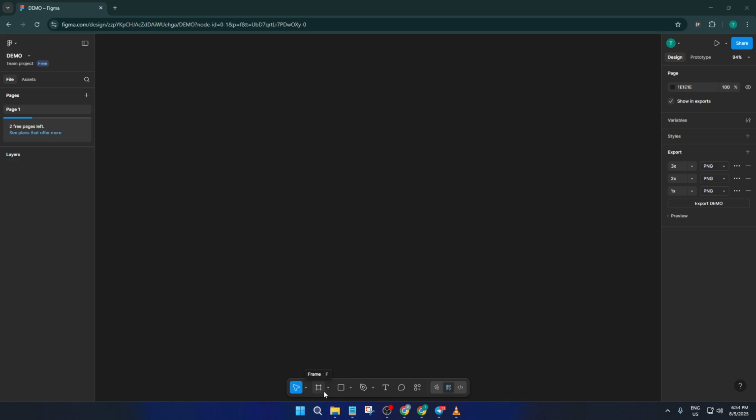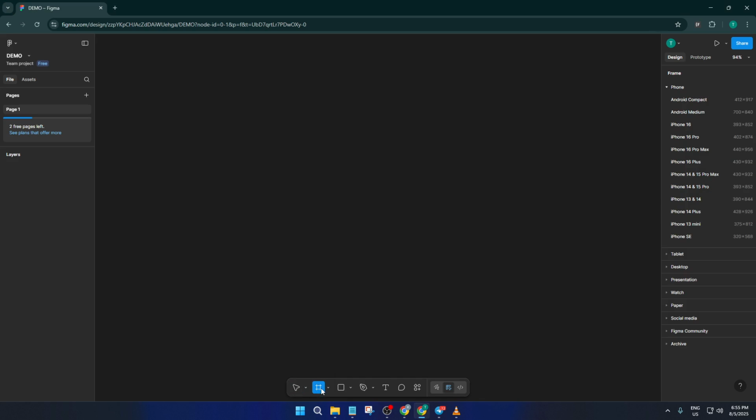To get started, you'll want to add an artboard, but in Figma, these are actually called frames. Just a little terminology shift, but it's helpful to know. First, either select the frame tool in the left toolbar or simply press the F key on your keyboard. That's F for frame, an easy way to remember. You'll know you've got the right tool when your cursor changes and you see frame options appear along the right